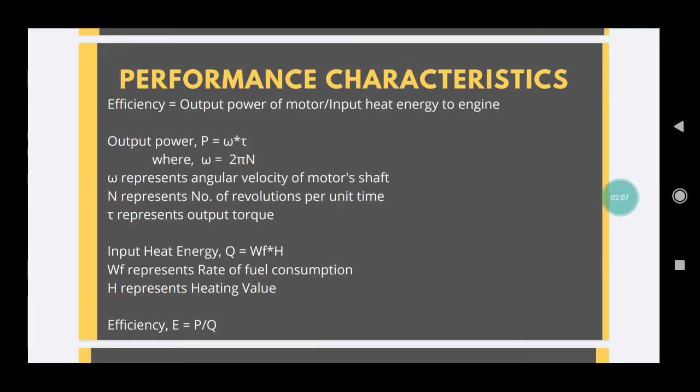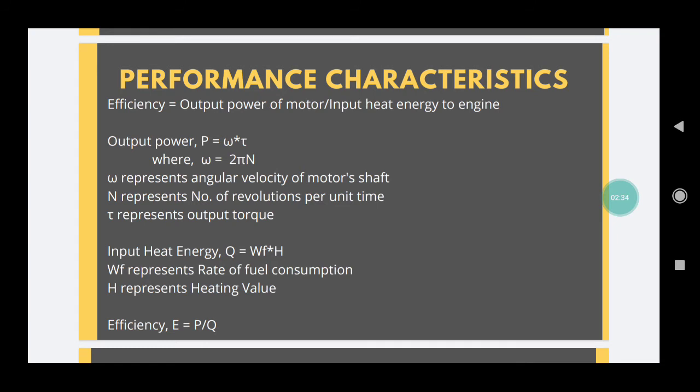Now see, whenever we talk about machinery, in the real world no machine is 100% efficient, right? There will be some power loss, some energy loss in the machine. So to calculate the efficiency of our system, we need an output and an input, because efficiency is nothing but output upon input. In our case, output power will be omega into torque tau. Omega into torque equals power, the output power generated at the motor shaft.